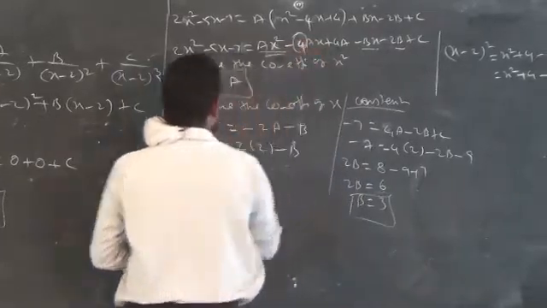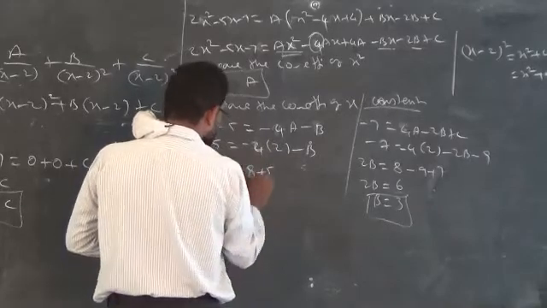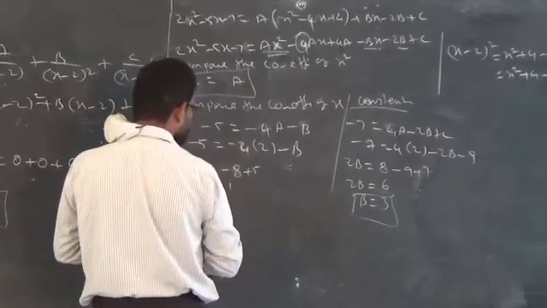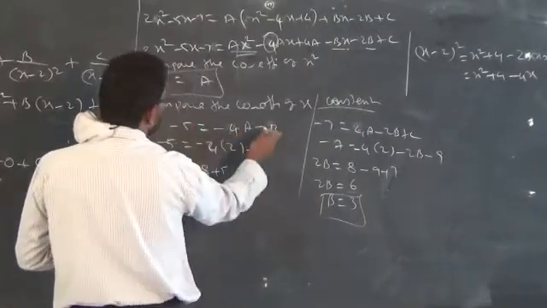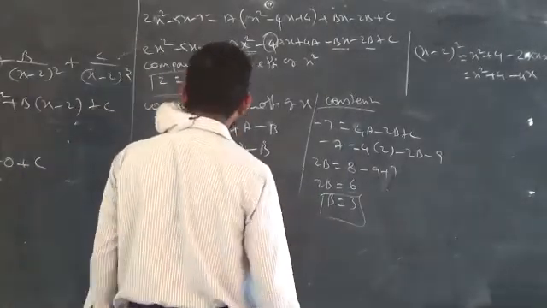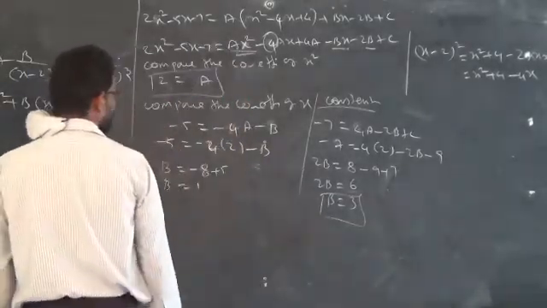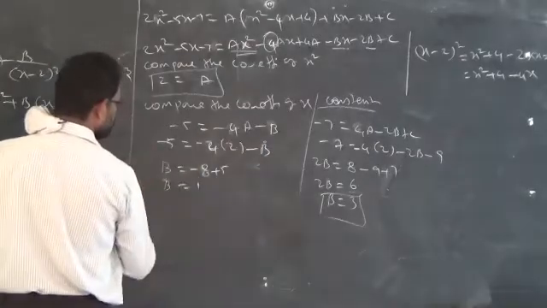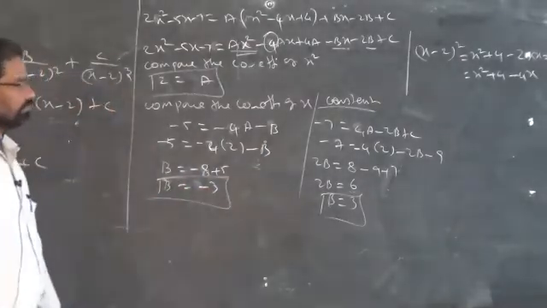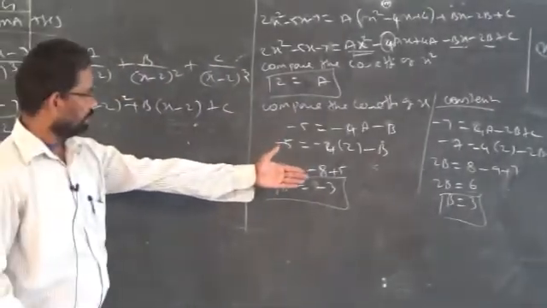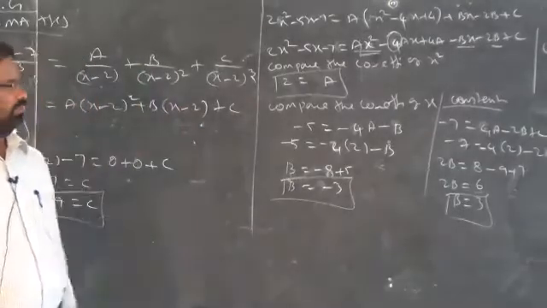4a. Now you see that, compare 4a, 4 2s are how much? 8. Now you will see your answer: 4a minus 4a minus b. When you replace a by 2, you will get 4 2s are 8 minus 8. When you transfer this one, b is equal to what will be the answer? Minus 3. Again I got a wrong answer. There we will get 3, here we will get minus 3. Still I made one mistake.